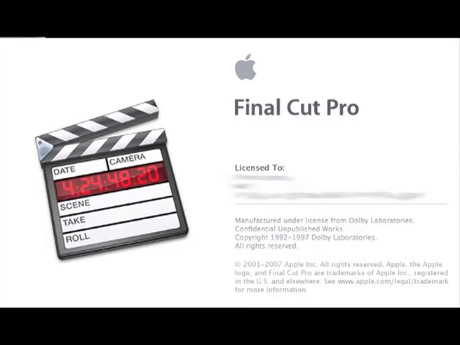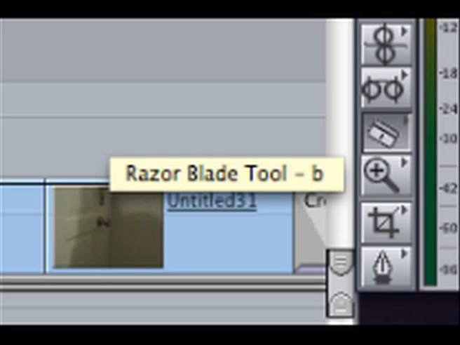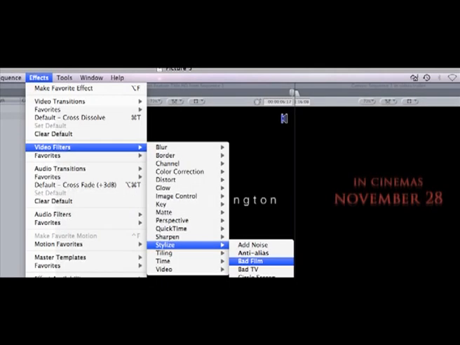I learned many new things using this software, such as how to capture a video, how to use the razor to cut the shots, use the text button to add captions, adding effects onto the captions. The effects that I used were cross dissolve and bad film,